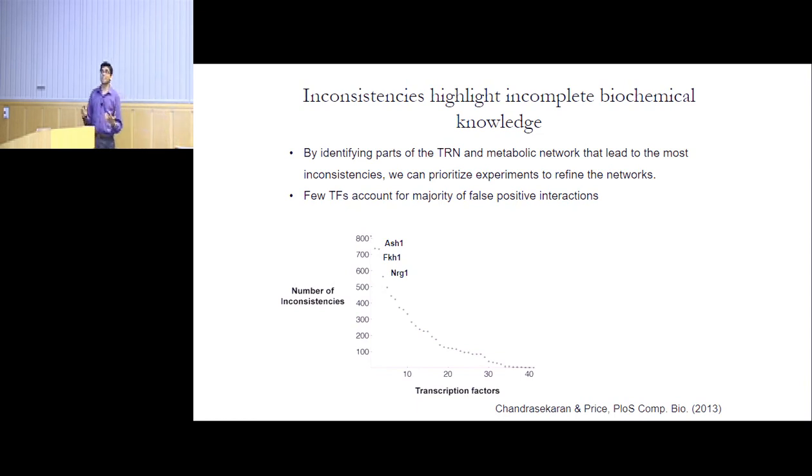Another interesting thing is that these different kinds of data were from different sources, and what we found was that data from ChIP-seq and gene expression were high confidence, and data from motif search algorithms were the ones most likely to show these errors. And most of this data was from motif search algorithms. So probably the advice is that when you're building these models, try to use either ChIP-seq data or data from RNAi knockout experiments to build these regulatory networks.